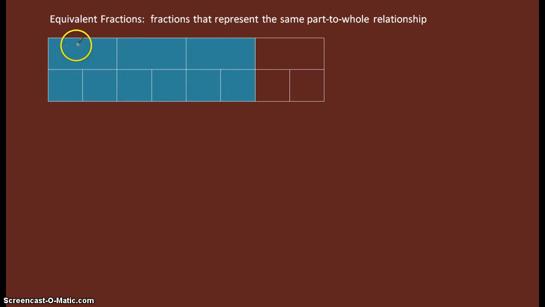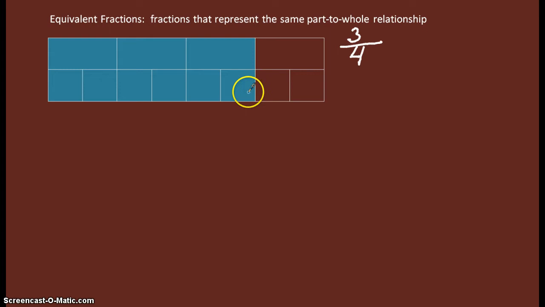part-to-whole relationship. When I look at this strip here, it is divided into 1, 2, 3, 4 parts. There are 4 possible parts, so that's going to be our denominator. 3 of the parts are shaded in this blue color. So 3/4 of this strip is shaded blue. Now you can tell by how the blue in this strip is flush with the blue in this strip that